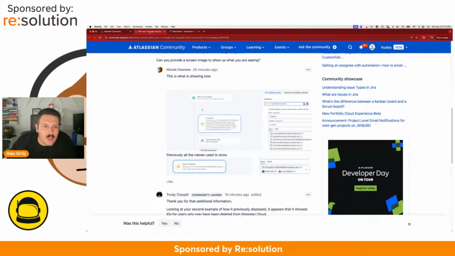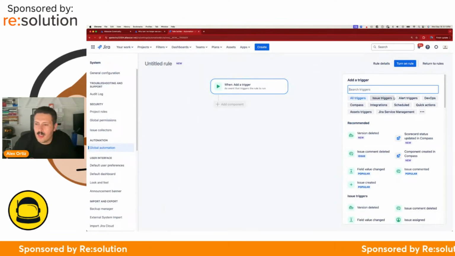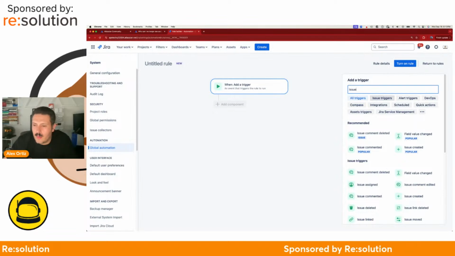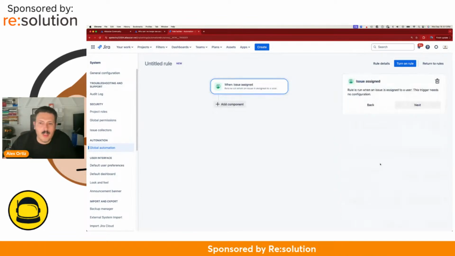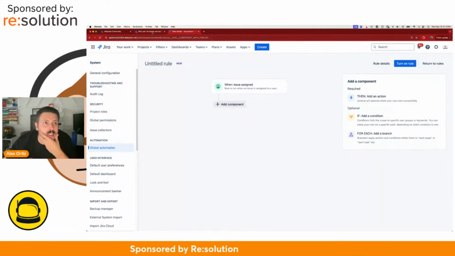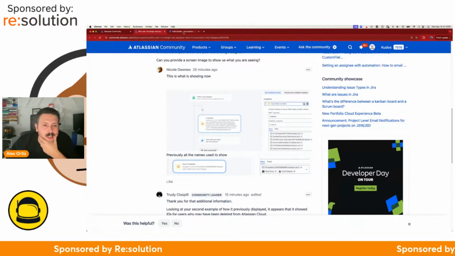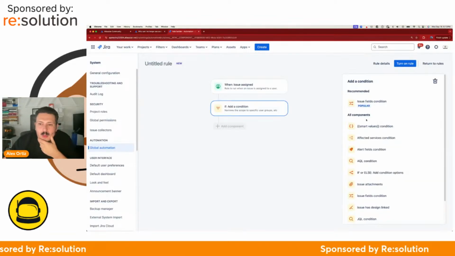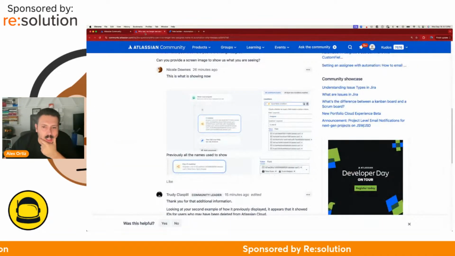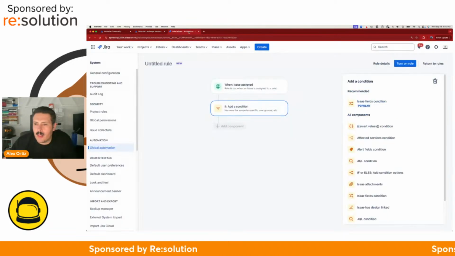What permission, when issue is assigned? Oh, here we go. All right. Then she's doing a fork if. We're doing an if, and then we're matching assignee equals one of somebody. Okay, so